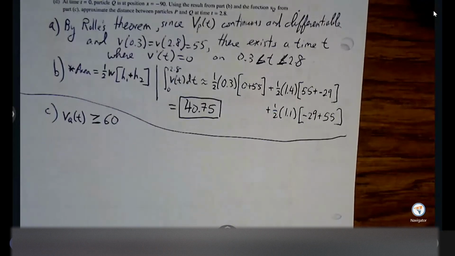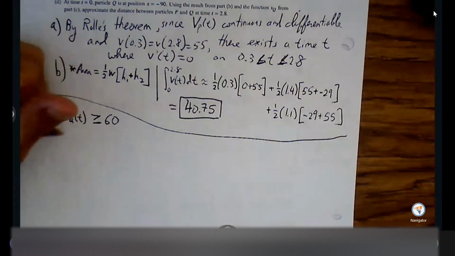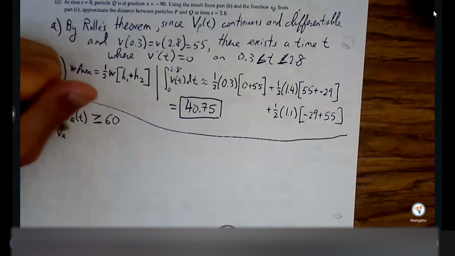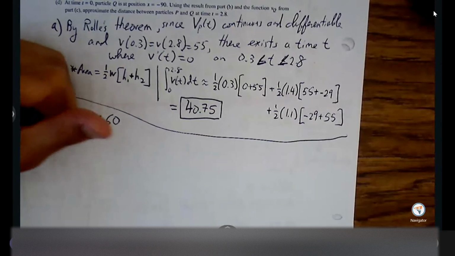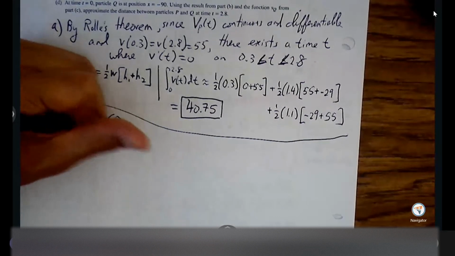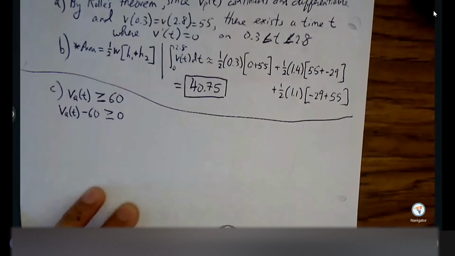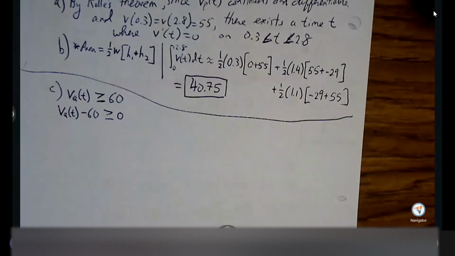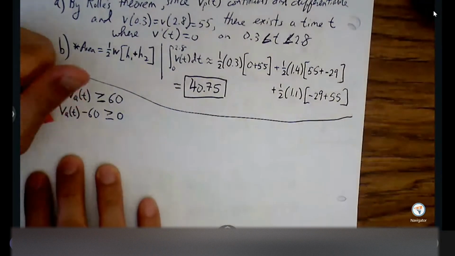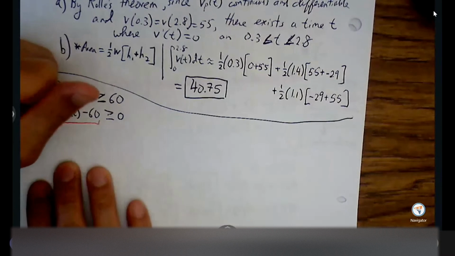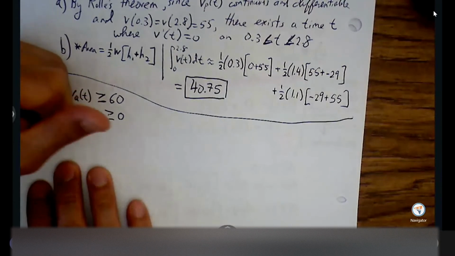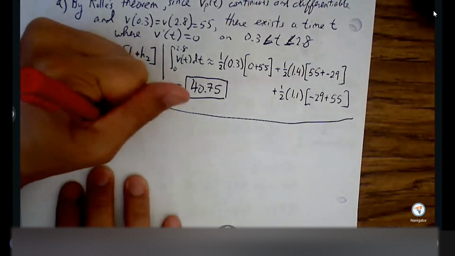Okay, so I want to find my critical point. I want to get it to a form where I can enter it in the calculator and quickly get to my value. So I'm going to bring that 60 over, subtract it. And now I'm going to have an easier time to just use my calculator here, because I just want to use this. I'm going to graph this, and I'm just going to look for the x-intercept.